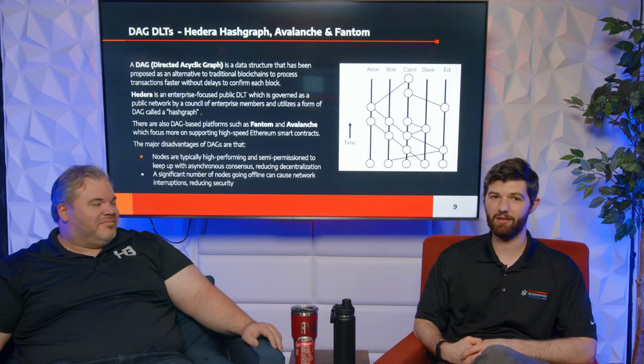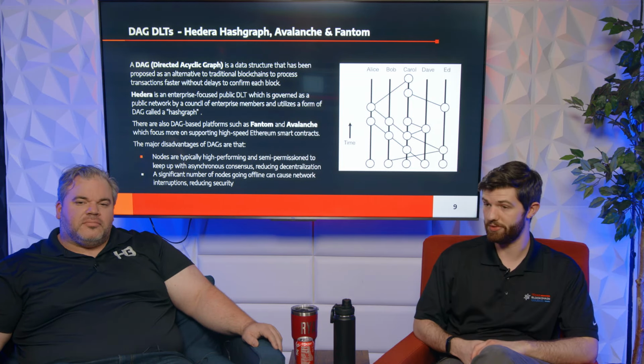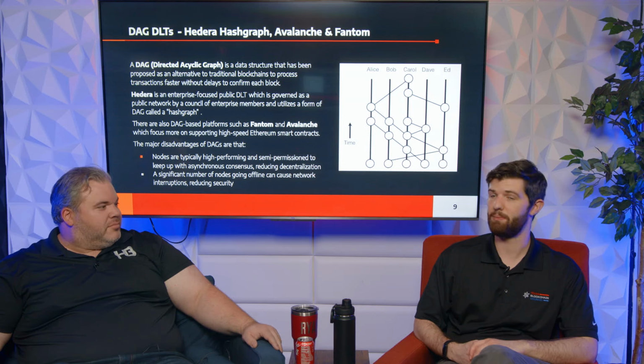So the idea of a DAG is that we can gossip about transactions between nodes without having to confirm them in a block each time. Because when you think about the way a blockchain works, you have to wait either 10 minutes in the case of Bitcoin or 15 seconds in the case of Ethereum. I can submit my transaction and then I have to sit back and wait for that block to get confirmed. And it happens in batches. We're batching up the transactions and having a block producer mine that block and submit it to the chain. There's a lot of great security properties around it. The reason we do that is sound, but it does mean that we have to wait.